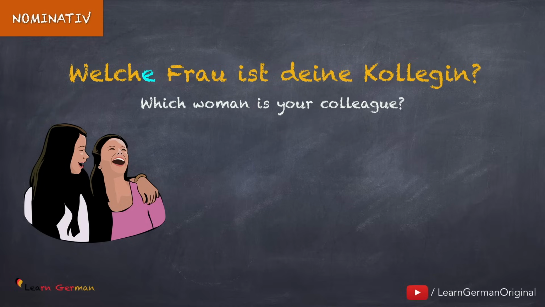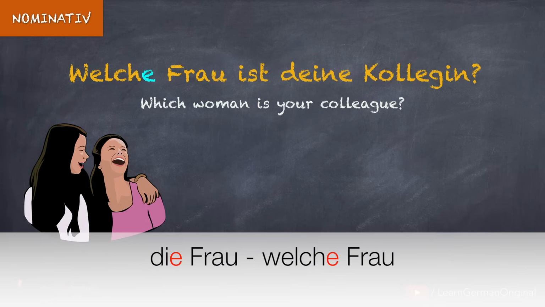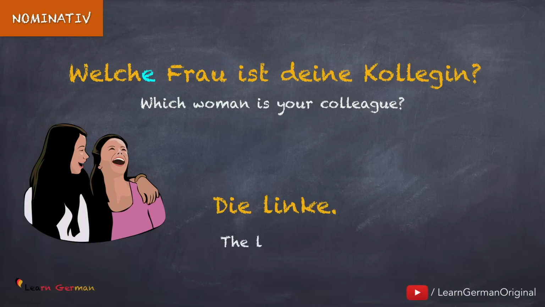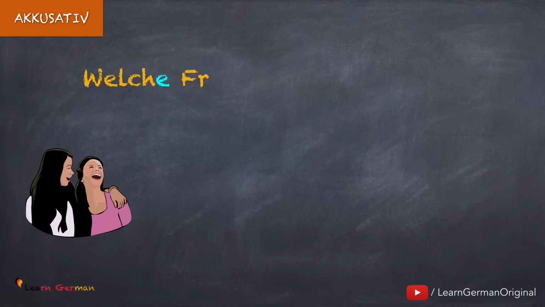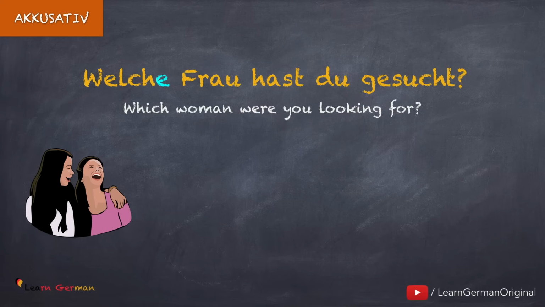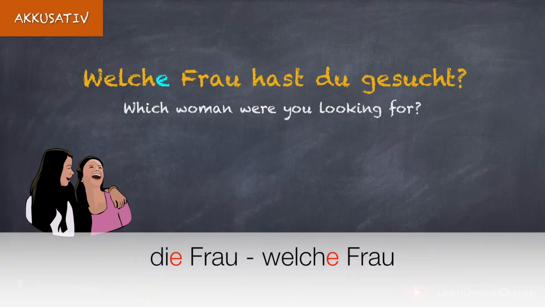The article for Frau is die. In this case, welche takes only the e from die. And here's the answer. Die linke. Do remember that we are talking about something particular. That means you will only use the bestimmte article. The feminine article doesn't change in accusative. That means, in this case also, welche takes the ending e from the